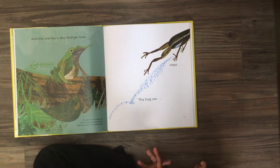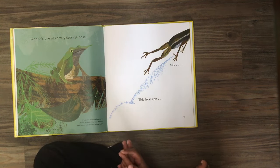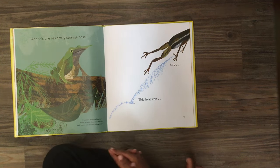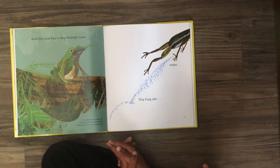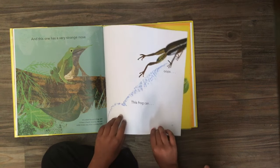And this one has a very strange nose. It's called a Darwin's frog, and it lives in South America. No one really knows why it has a pointy nose. Oops! This frog can